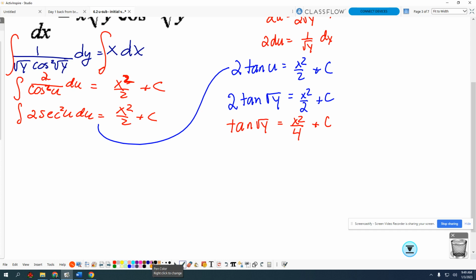And here's where people make mistakes. The next piece that I need to undo: Josh said, okay, I can peel that 2 off by dividing. How do I get rid of tangent? Tan inverse. And tan inverse goes to the whole thing. C is wrapped up in it. So the mistake that people make, like if you did square root of both sides, it's the whole group including that plus C. If you forgot to add plus C or you were like, oh, I'll just add it later when it's more convenient,